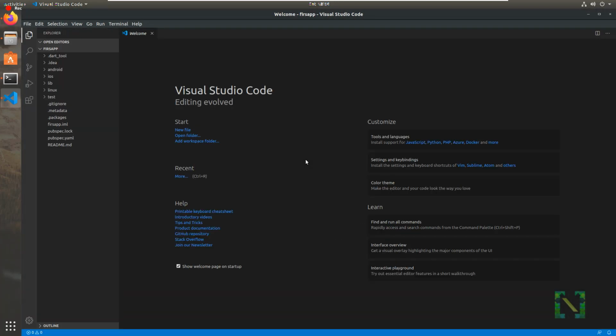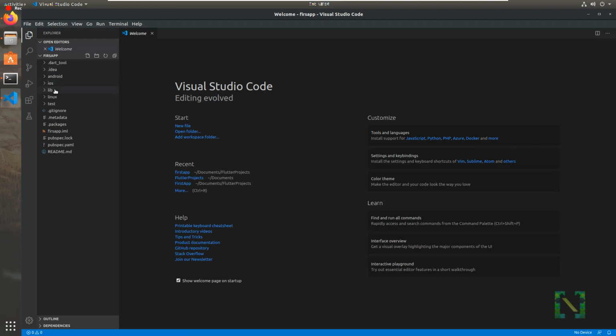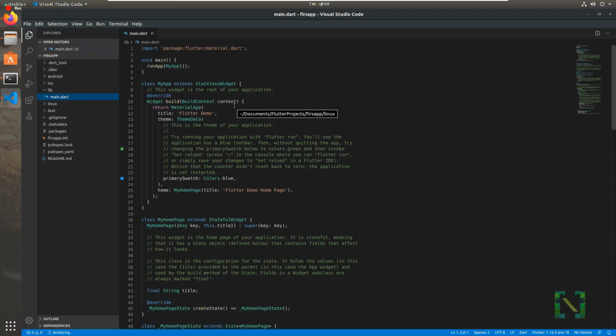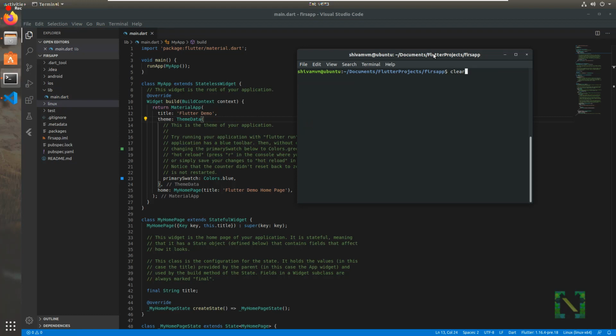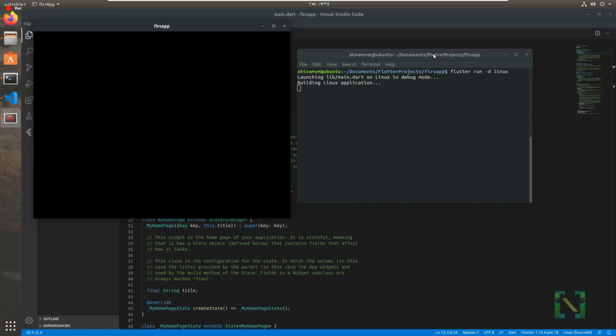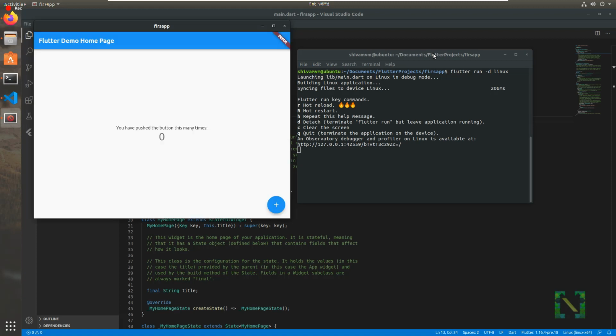Our new project is ready. You can see there is a lib folder for the Flutter code and then there is a Linux folder for the native Linux code. To run this application, type flutter run -d linux. -d is used to target the environment, that is Android, iOS or Windows or Chrome. So our counter application is launched. This also supports hot restart and hot reload, but Linux APIs are still unstable in Flutter, so you might face some issues during hot reload.